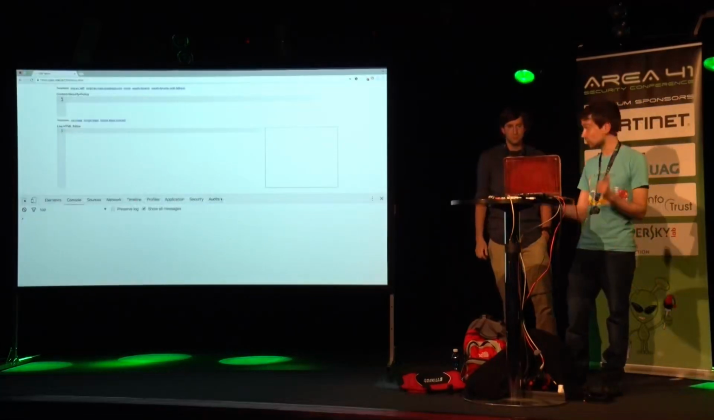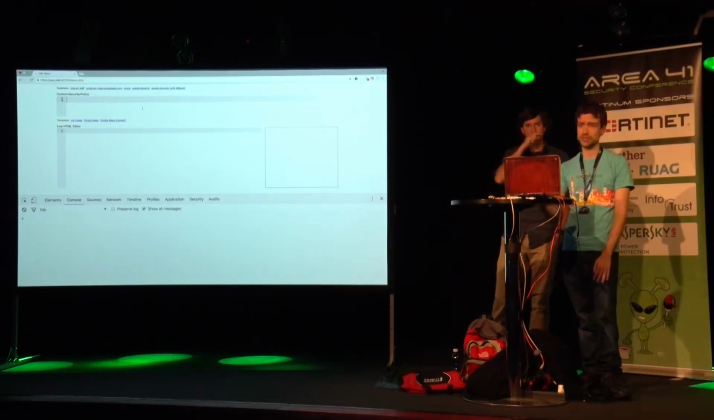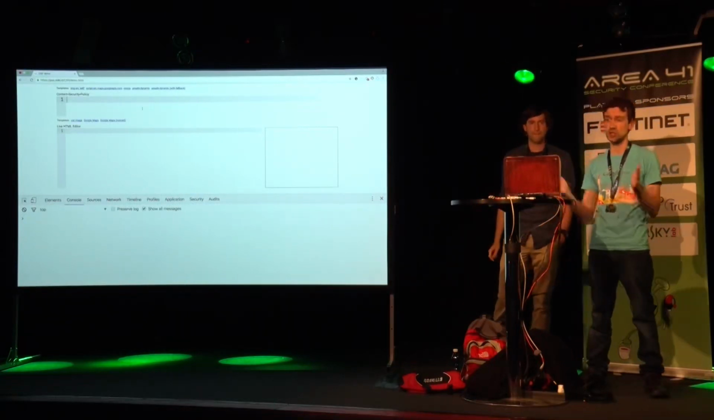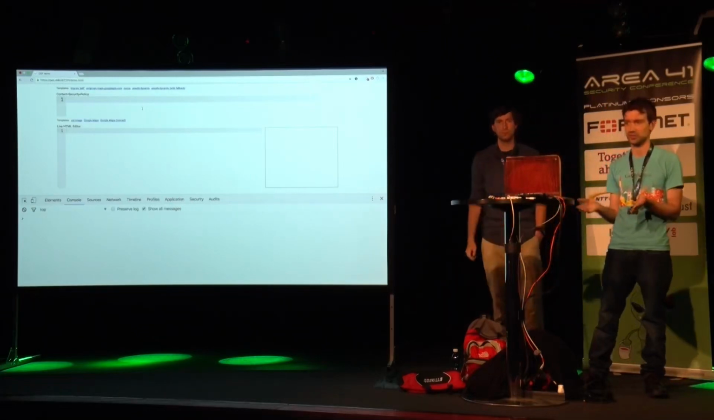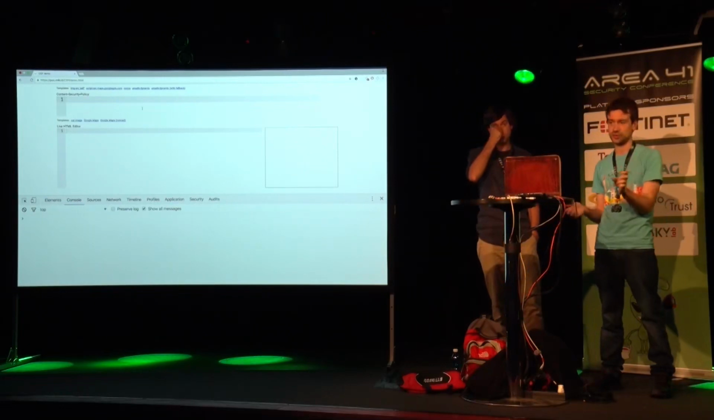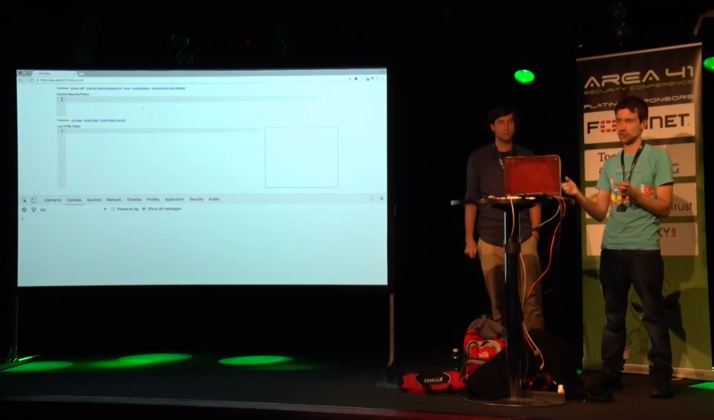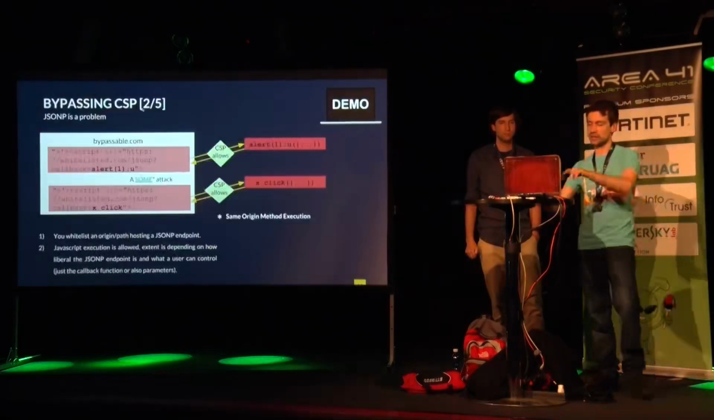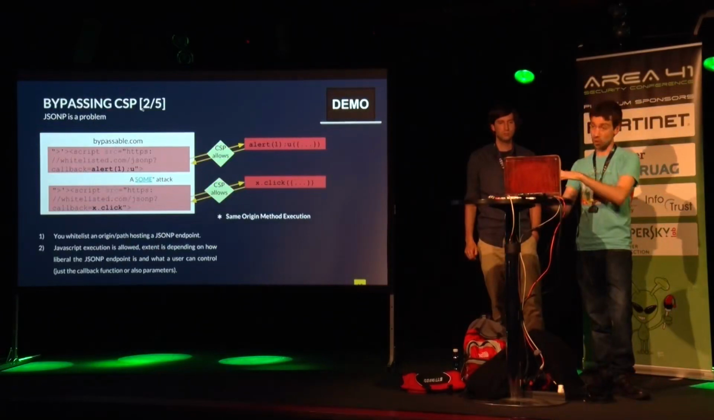OK, so as Lukas said, JSONP is really a problem. JSONP is basically present every time you see callback in a URL. Basically, that's very likely JSONP. So basically, you can control the first bytes of the response in the URL, right? So oftentimes you can't inject the full alert(1), but almost every time